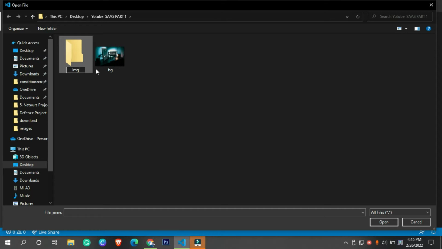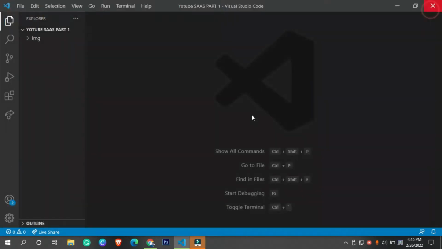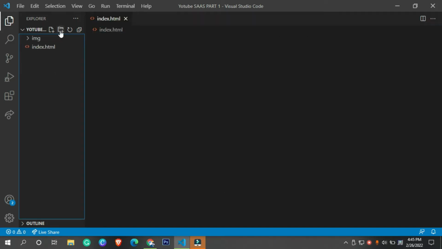So the idea behind this is to make you understand how exactly SASS works and how it will help you to reduce your code base. So let's say if you are designing something in simple CSS, you need to write thousands of lines of code, which is also not organized.